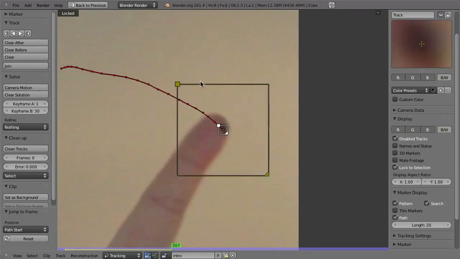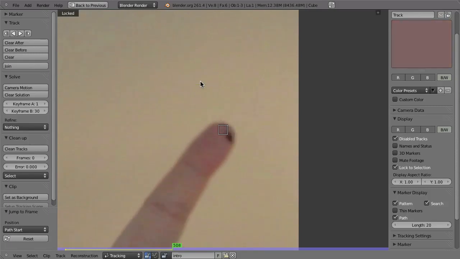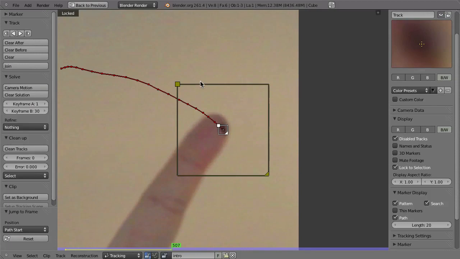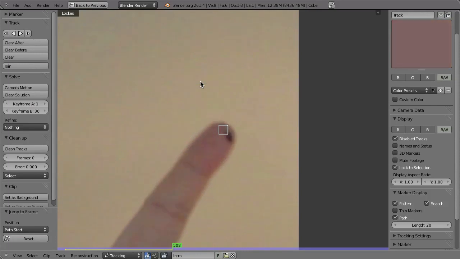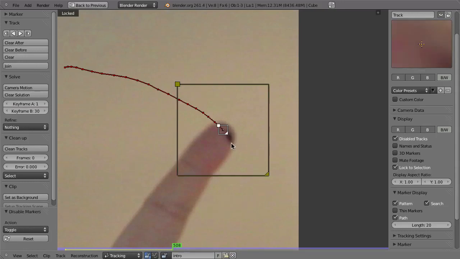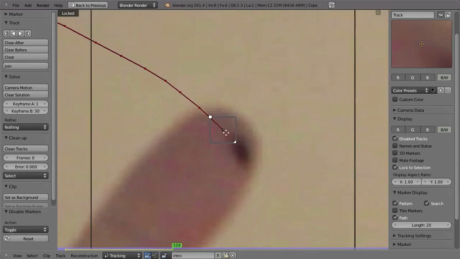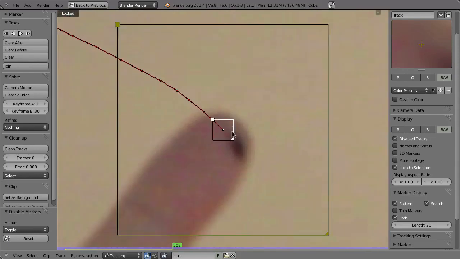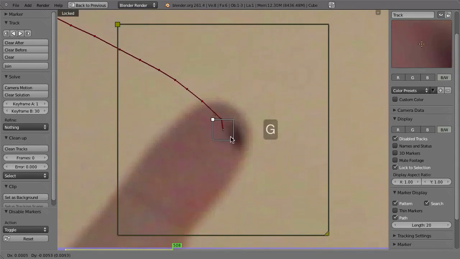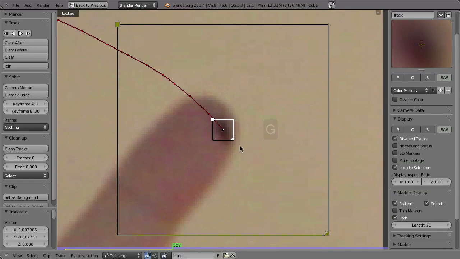Right, so let me go one frame back. So, I mean, there's not really a good reason why it stops tracking here, but in any case, it did fail for whatever reason. So now that we have this failed marker here on frame 508, we can inactivate it again by pressing Shift D, D for disabled, and Shift for just shifting that behavior, disabled or enabled. So with Shift D, you can enable a track again. Then obviously it is not on the correct feature point. So let's bring it onto the correct point again by pressing G like grab and then place it here.